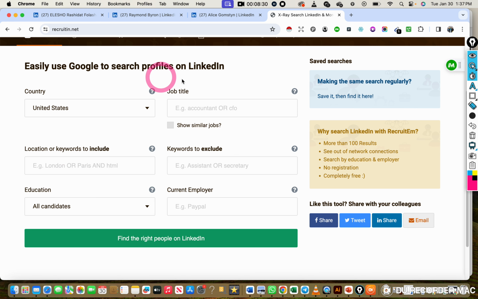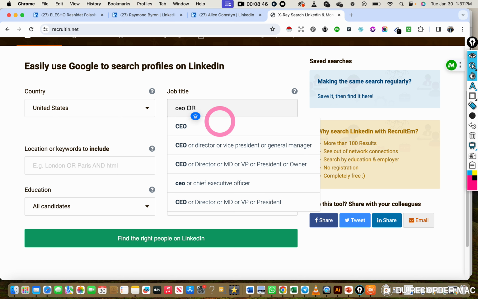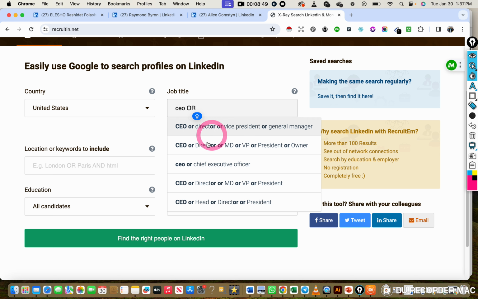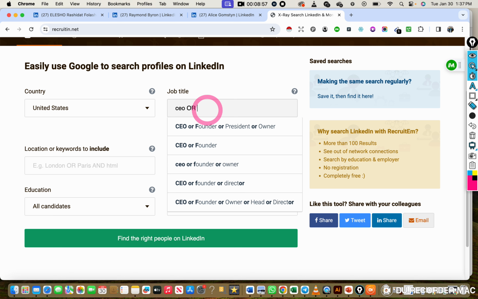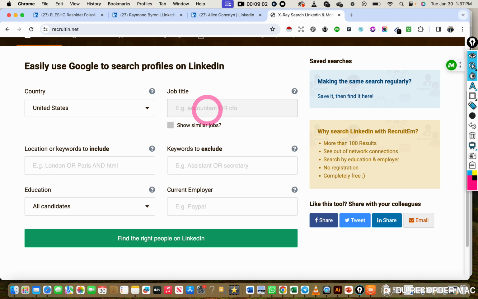The job title. Now, in this job title, you put the title of the leadership. If the person is, as you can see, accountant or CFO. Now, the client is asking us for CEO or founder, right? The O should be in capital letter. As you can see, they're even giving you options there: CEO or director or vice president or this, that. But if you want to type it, or founder. If I clean it, look at it here. You can see e.g. accountant or is in capital letter, right? So that's why we are doing our CEO